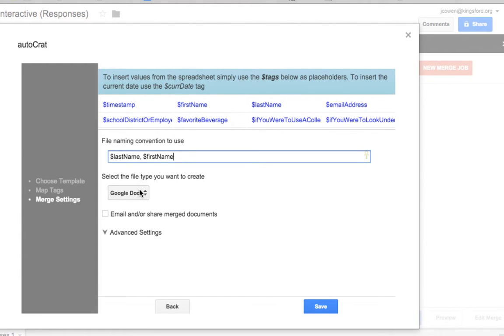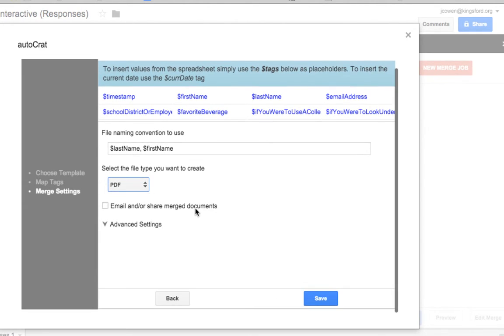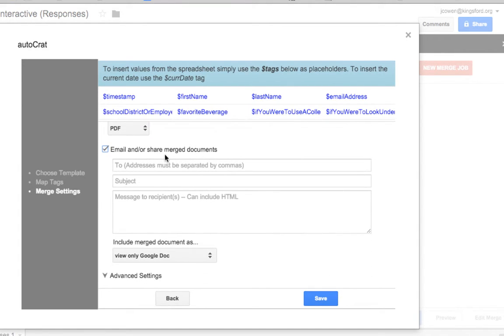What file do I want created? You can create a Google Doc or a PDF, whichever one you want to make. All right. I'm going to do PDF just because I see some people on iPads. I want to make sure you can open it on your iPad really easy. All right. I'm going to email this to you. So I'm going to grab your email address, paste it in there, like Autocrat